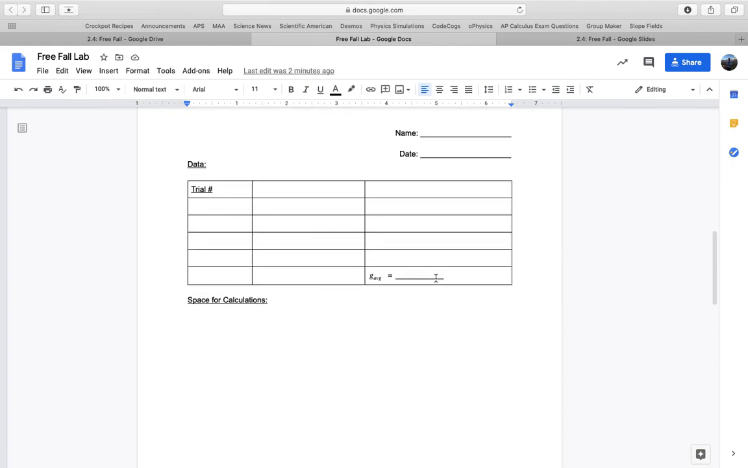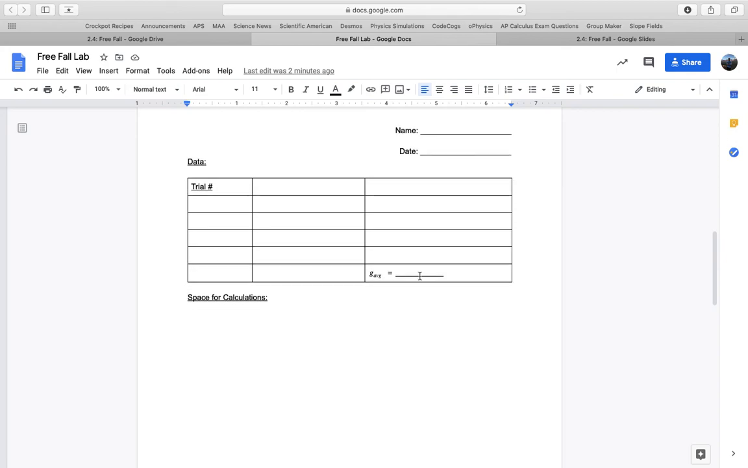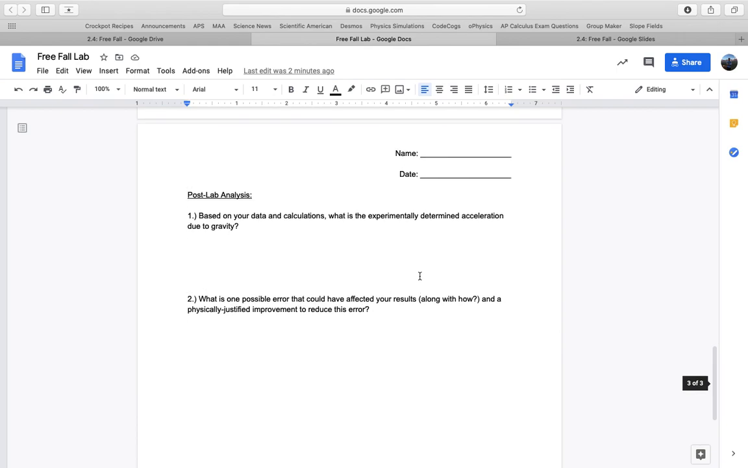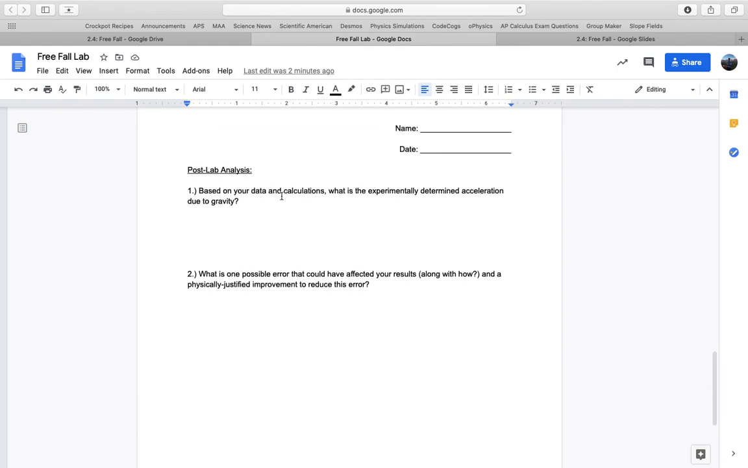And then what you're going to do is you're going to calculate the average acceleration due to gravity from all of your trials, okay? So for each trial that you get the acceleration of gravity for, you're going to take the average from all those trials to determine the data that you're going to report at the end of your lab report. So at the end of the lab report, you have 2 post-analysis questions based on your data and